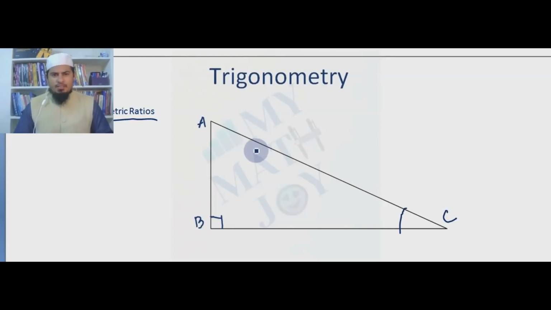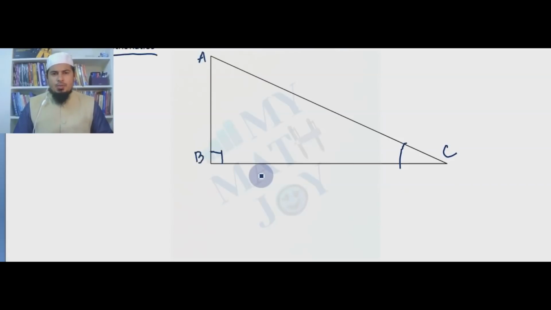Are you ready to make certain ratios of the sides of the right angle triangle? Let us make. Names of the sides are with respect to angles, so we use the names of the sides with respect to angles and make certain ratios. Number one ratio can be, for example, this is the angle. If I name this angle as theta, and if I don't name it theta, then automatically it can be angle C. So I am talking with respect to theta, or with respect to C.